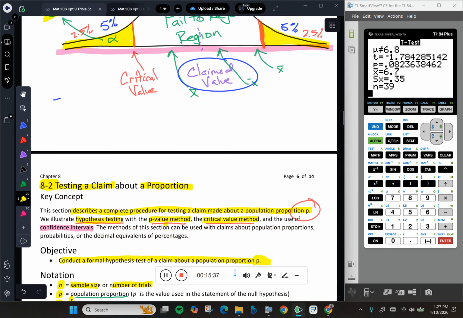So now I can write that up, and I can say that there is not enough evidence to reject the claim that the pH is